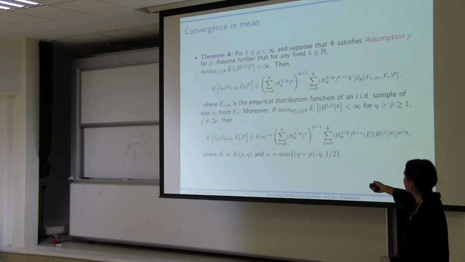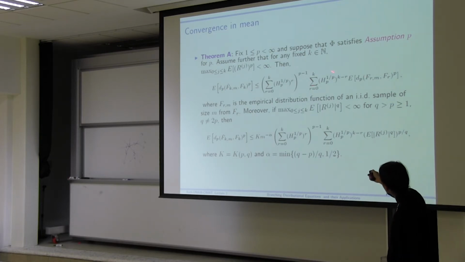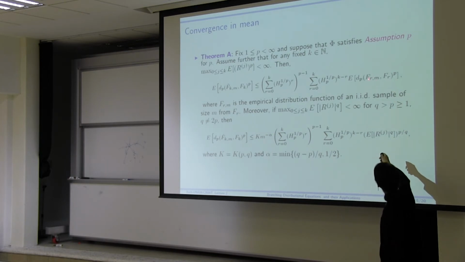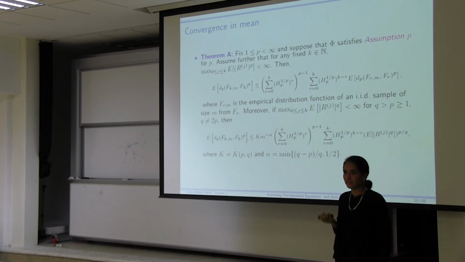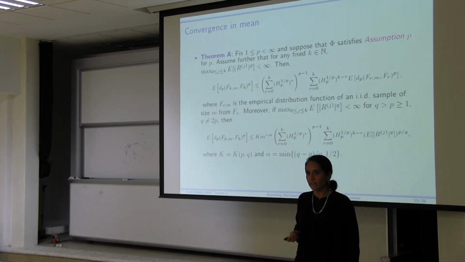And what one can show with the Lipschitz conditions that I showed you is that the expected value of the Wasserstein distance of order p is bounded from above by this equation. And in most cases we can find this Lipschitz constant strictly smaller than 1, which basically tells you that this is converging as fast as these distances on the right. But notice that what I got rid of is the approximation. With the hat, I have this approximation of doing the bootstrap again and again. Without the hat, this is your standard sample pool of IID random variables.